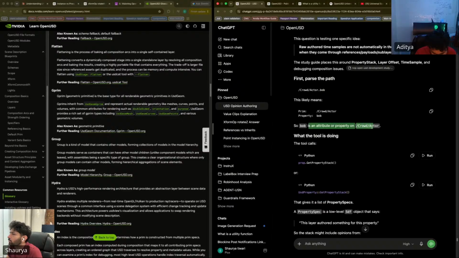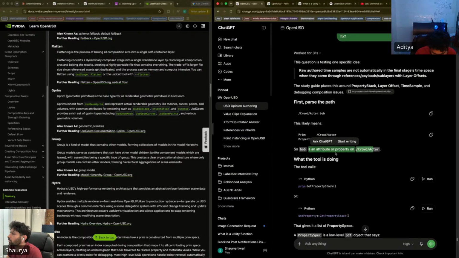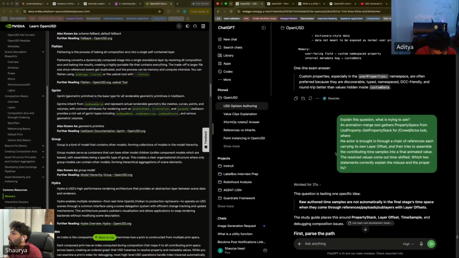So Bob is an attribute. An animation merge tool gathers property specs from USD property get property stack for CrowdActor.Bob, where the actor is brought in through a chain of references, each carrying its own layer offset, and then tries to assemble the contributing time samples into a final animated value. The result values come out time shifted.